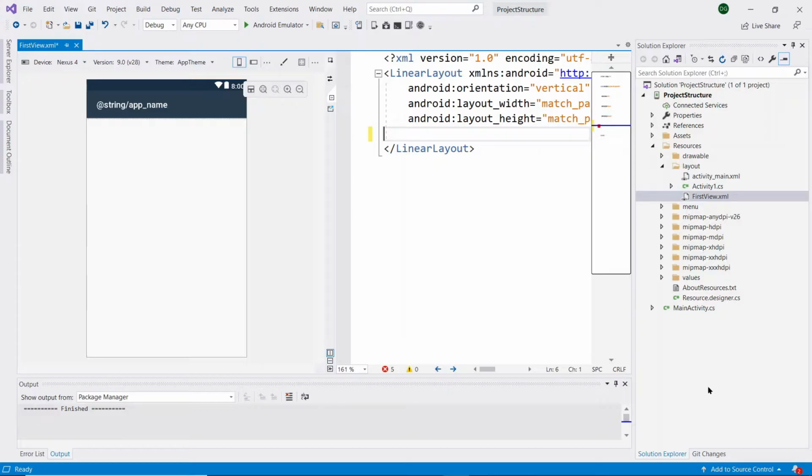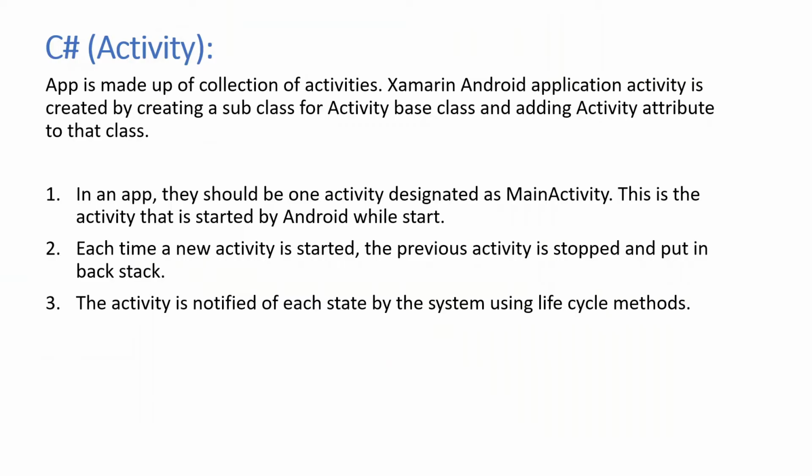Whatever design we require, if you write the design related code inside this XML file, the design will be reflected to the user. Xamarin Android provides a number of controls to design the application. With the help of these controls, we can create our required design. And one must-note point here is that whatever XML files we create, they should definitely be inside the layout folder only. Then only can we use them inside the application.